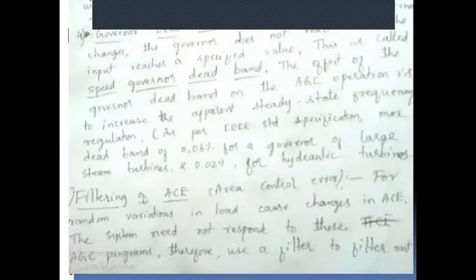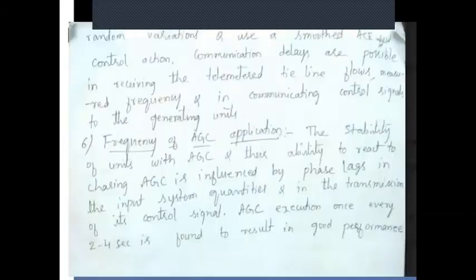Communication delays are also possible when receiving the telemetered tie line flows and measured frequency and in communicating control signals to the generating units. So there will be delay in the communication even in the telemetered tie line flows. So this is also one more issue when you are implementing the automatic generation control.